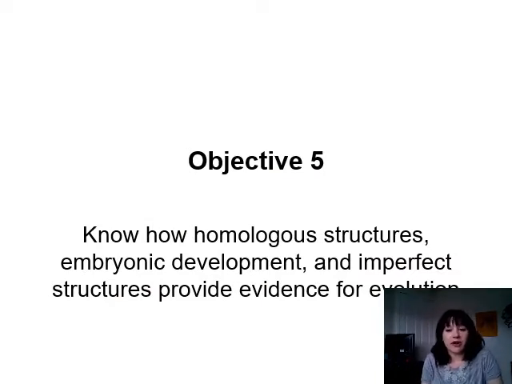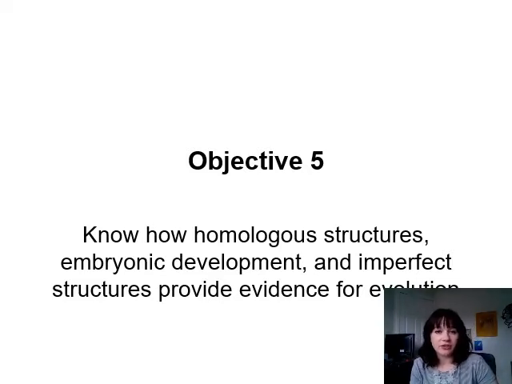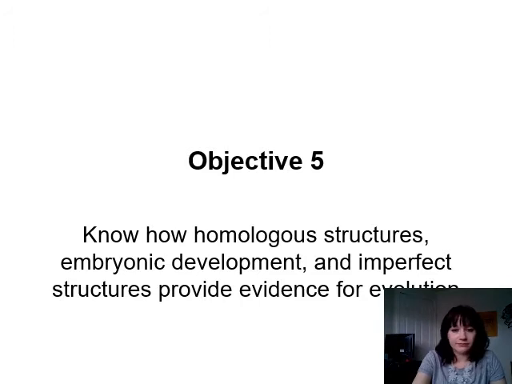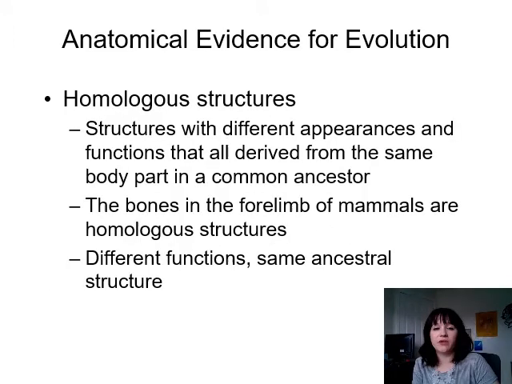Let's talk about some more evidence for evolution, including homologous structures, embryonic development, and imperfect structures. So when we say homologous structures, what we mean is that two very different species, when you look at their skeleton, have some common characteristics. So the structures appear very similar, but they have quite different functions. And one of the easiest